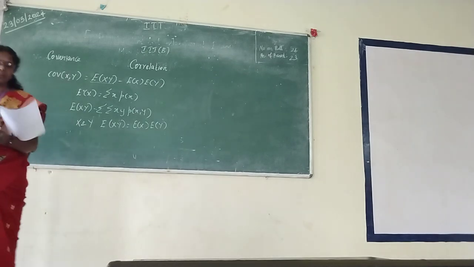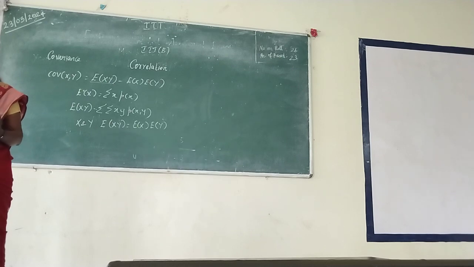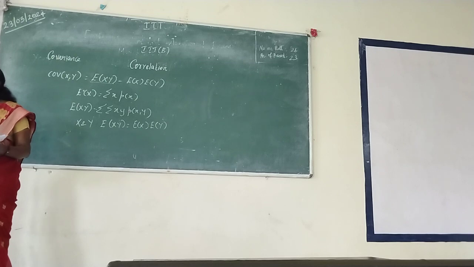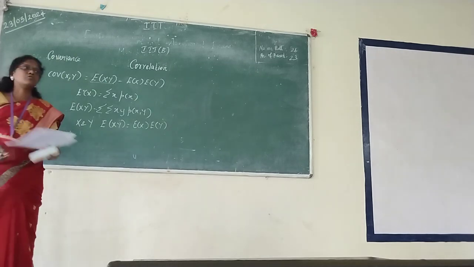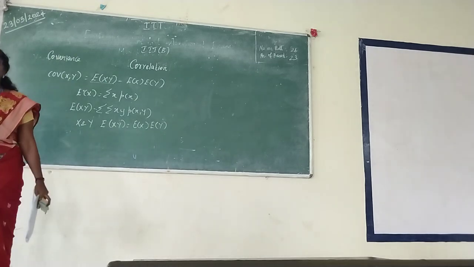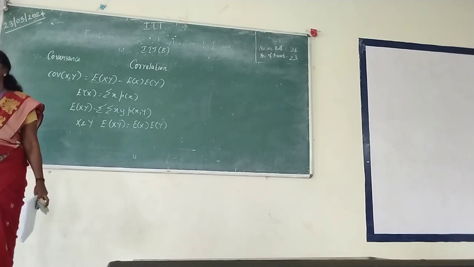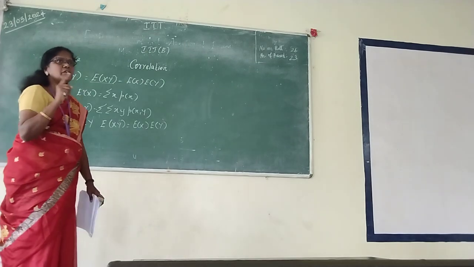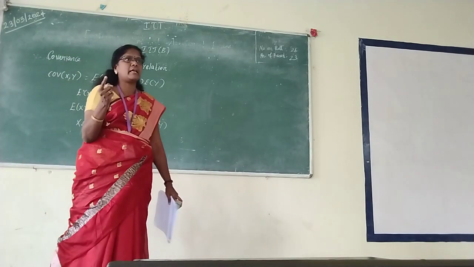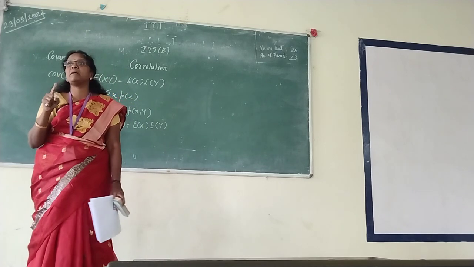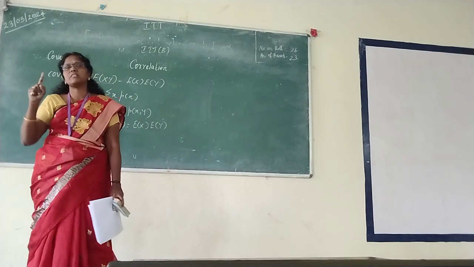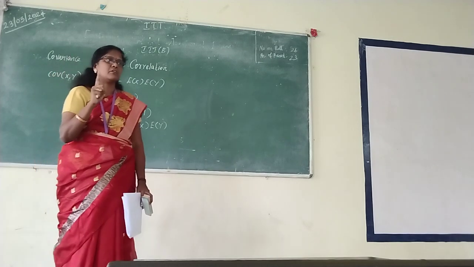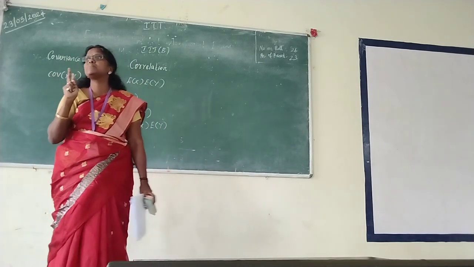Note the formula. This is the formula you are going to apply in your problems. The formula is very important. Memorize that thoroughly. There are many ways of finding the correlation coefficient. You are going to study only one formula, which is called Karl Pearson's coefficient of correlation, for general data. We will be discussing a special case, the Spearman's rank correlation, when you come to that. So you are going to study two formulas: one is Karl Pearson's and the other is Spearman's.